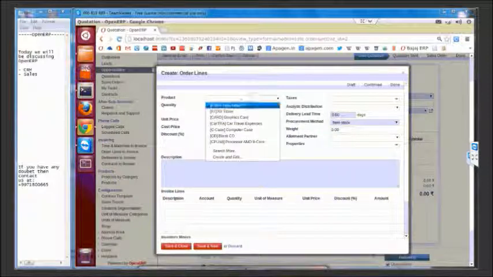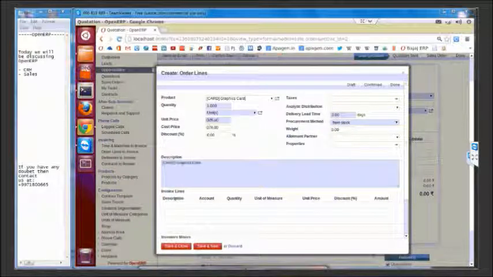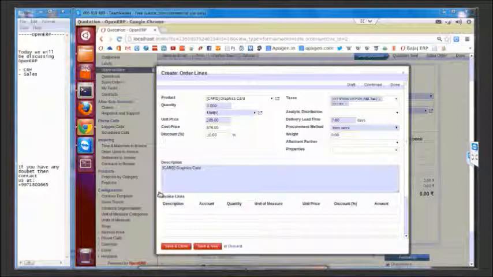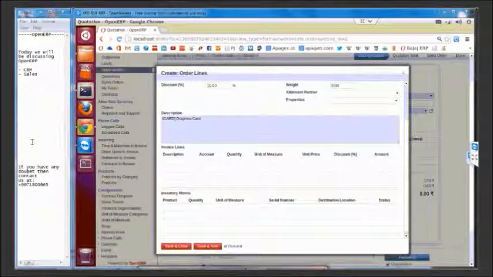Now, quotation is the stage where we actually add the product from the product database. As soon as you choose any product, its quantity is automatically taken by default. Its unit of measure is taken from the product form, which I will show you in some time. And the unit price, we can change the unit price here. We can give some discount. We can choose the delivery times and the procurement method right from here. We can also choose some taxes. Static taxes can also be configured. Multiple taxes can also be chosen here.